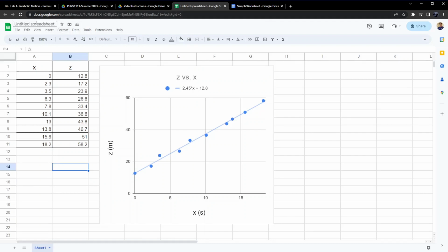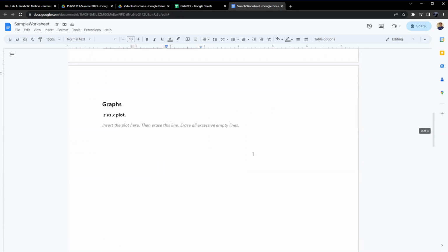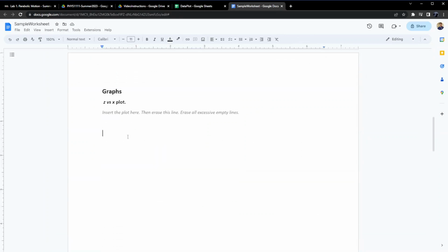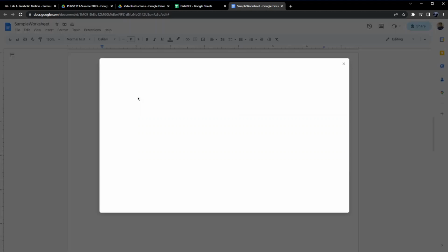Before we continue, I will choose a name for my file. So let's say data plot. And now I will insert this plot into my Google Doc document. So I return to my Google Doc document. Let's say that I want to put it here in my document, and you go to Insert, Chart, from Sheets,